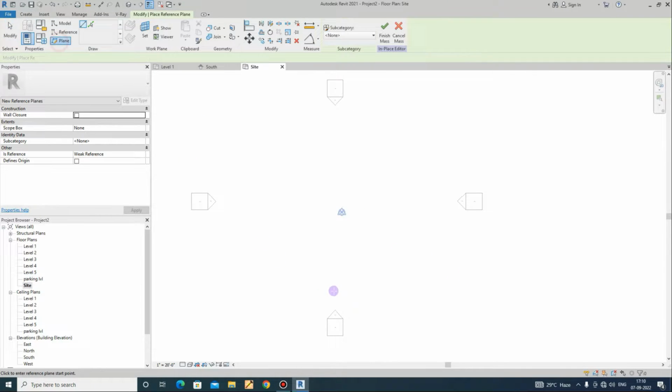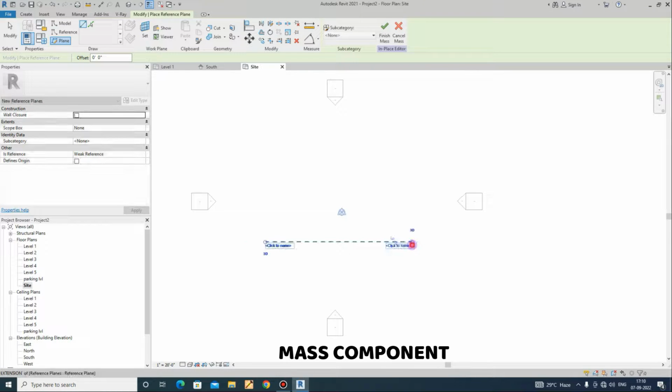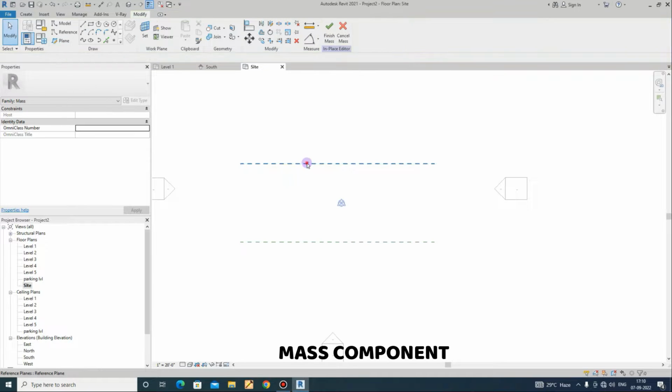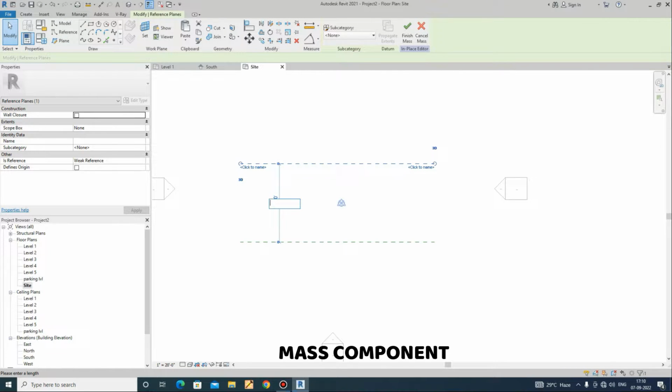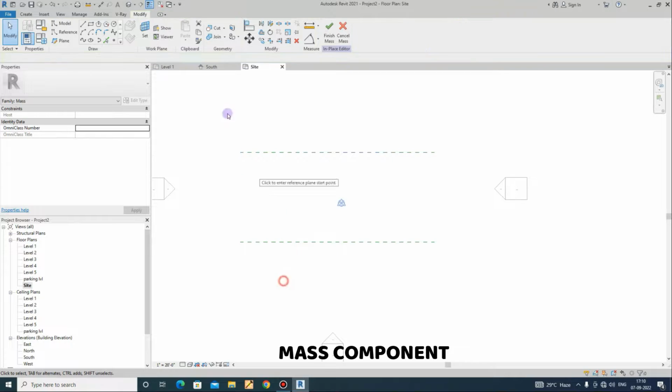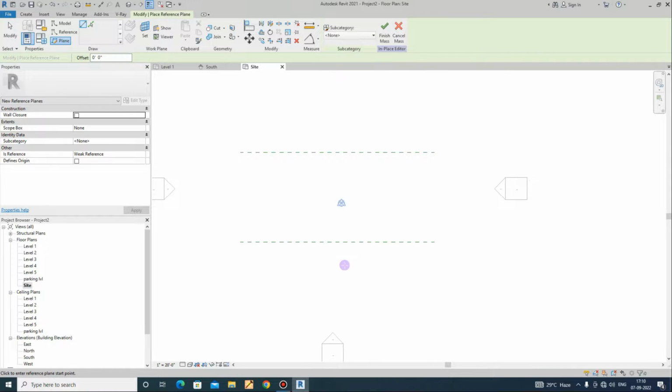I'll make a plane. This is the building front and this is the building back. Okay. Building width, this is 40 feet. Okay. Another tunnel in the center.